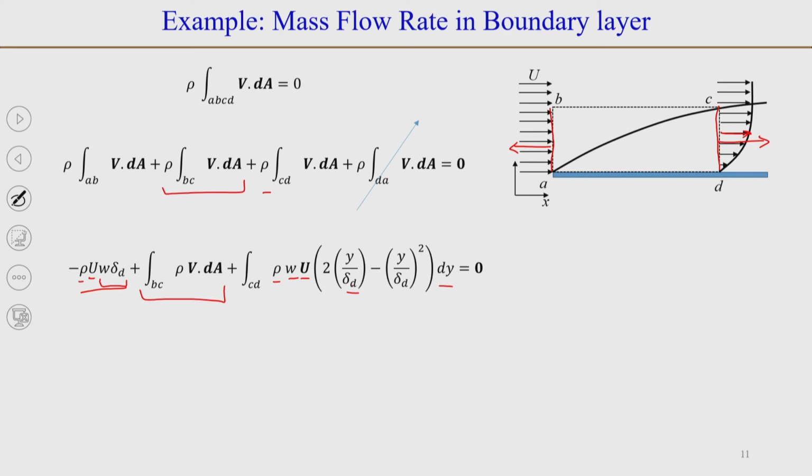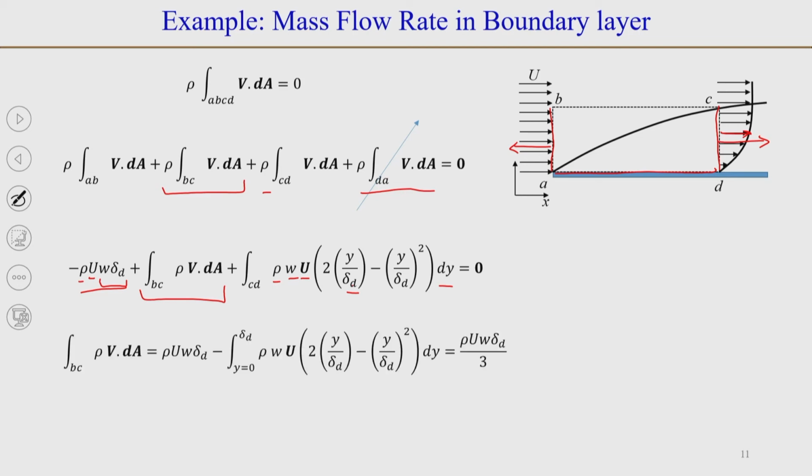Now, the last surface DA is a wall and it is non-porous, so the flow through this wall will be 0. So, we have neglected this term. Now, we need to find out m dot. Basically, we need to integrate from 0 to y and then rearrange the terms to find m dot. We take this term on the left hand side, which is m dot BC,